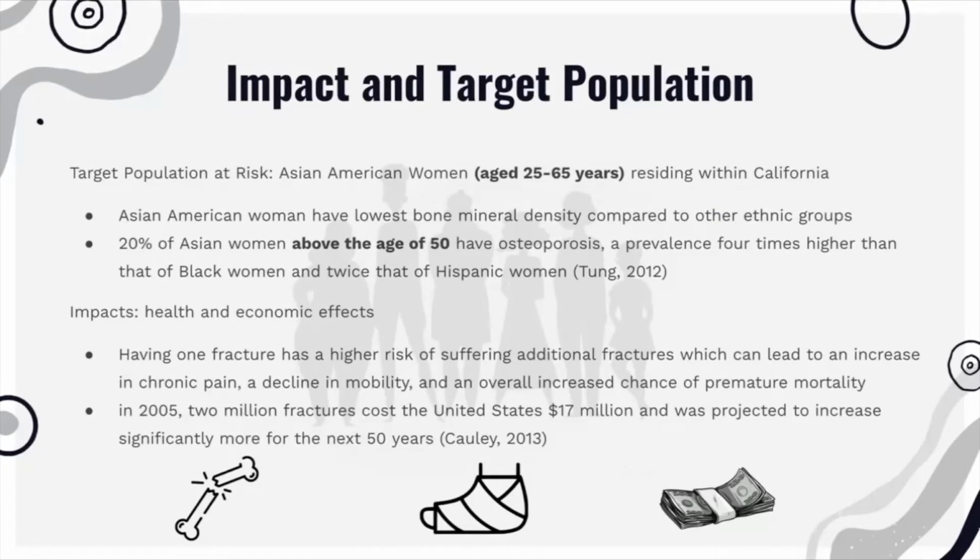Asian American women are found to have the lowest bone mineral density compared to other ethnic groups. In fact, 20% of Asian women aged 50 and older have osteoporosis, which is 4 times more than Black women and 2 times more than Hispanic women. Additionally, with osteoporosis comes other health effects, such as multiple bone fractures. Once they have one fracture, they are at risk of getting another fracture, which can add to the existing symptoms such as chronic pain, a decline in mobility, and increased mortality. Economically, the U.S. spent $17 million on 2 million fractures alone, and is projected to increase significantly over the next